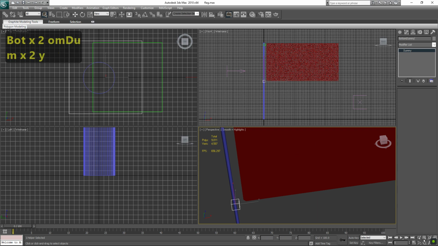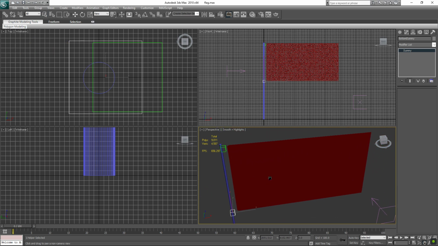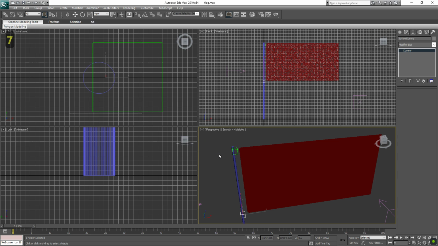Now let me zoom out a little bit and get back to my cloth of the flag. By the way, over here, as you can see, I have polygon count 9011, vertices count 4587, and FPS. How to get this? Pretty simple. On your keyboard, press 7 in the perspective mode to disable it, and 7 again to enable it. It's like a trigger